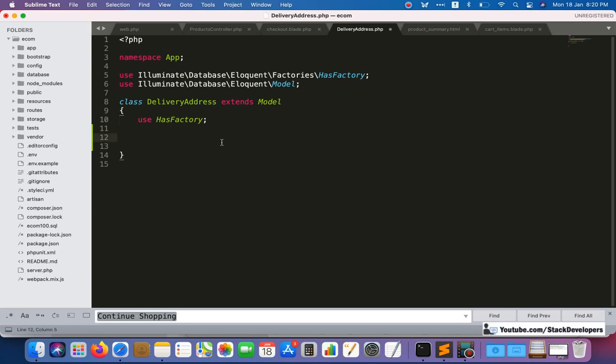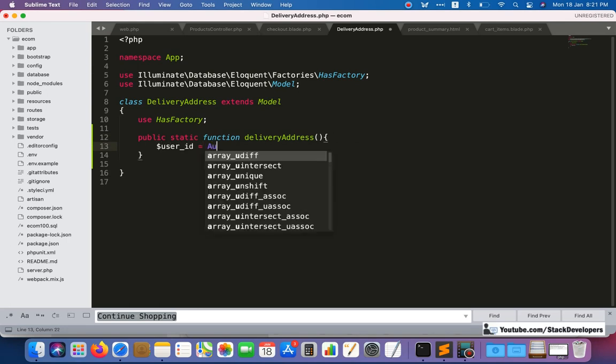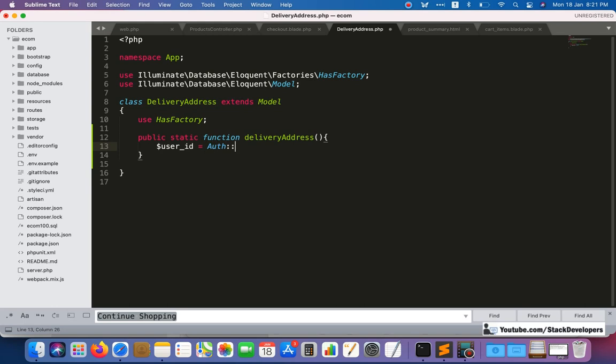I am going to write one simple function, public static function delivery address, and inside this I am going to have the user ID, and based on this user ID we can get the delivery addresses.